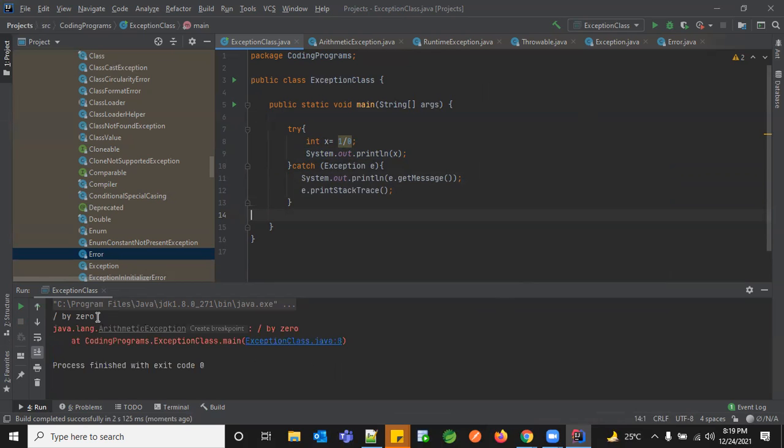So if you see, earlier we just got a message, right? So this was your message. Now you got a detailed description. It's an arithmetic exception, which is happening in line number 8. So this is my line number 8 and here it is happening. So it gave me a complete history of my exception. This is one of the other methods we use whenever we want to know what kind of exception we got, and how to use it.